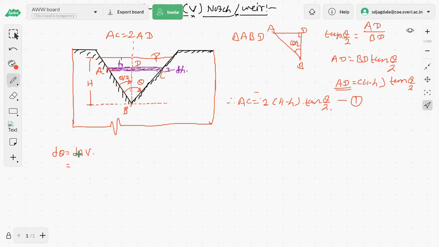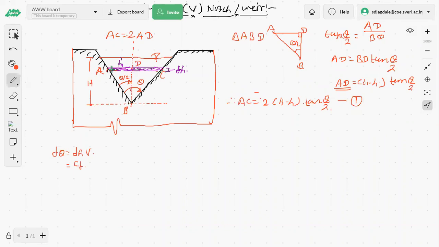आपला हा जर का आपल्याला थेरॉटिकल डिस्चार्ज घ्यायचा असेल तर आपल्याला CD इन्व्हॉल्व करावं लागेल. सो फॉर थेरॉटिकल डिस्चार्ज DQ विल बी इक्वल्स टू CD into ... पण मगाशी आपण म्हणलं की L is equal to 0 आहे म्हणून बिकॉज ट्रायंग्युलर नॉच आहे म्हणून. काहीच नाही तर L नाही आहे. I am considering this top side area of this small elemental strip. या स्ट्रीपचा मी एरिया म्हणतोय.